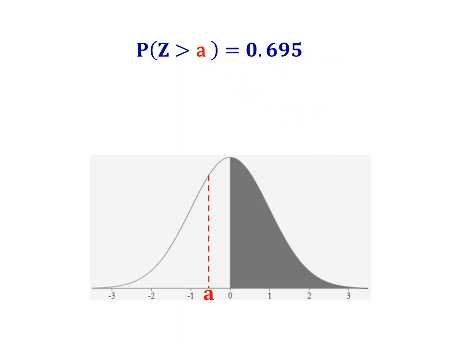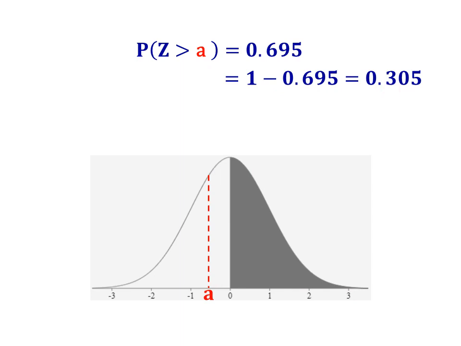So to find A, instead of referring to this bigger area here, we find A by using this smaller area. The probability of the smaller area is 1 minus the probability of this bigger area, which in this case